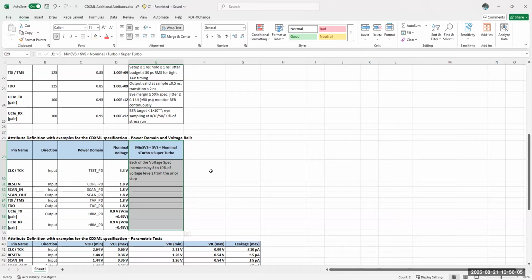But instead of specifying power domains and then applying power domains on things, the CDXML knows which are the power pins, and for each signal pin, it will tell us what is the related power supply, right? At the end of the day, that's the golden information for the chiplet, right? So one thing I need to think about is how do we enhance CDXML to tell us that, for these power pins, which kind of act as power domains,